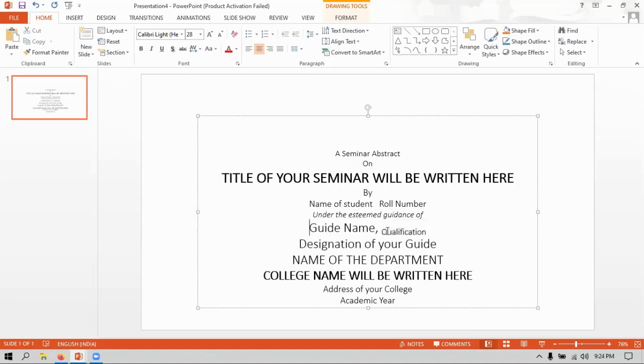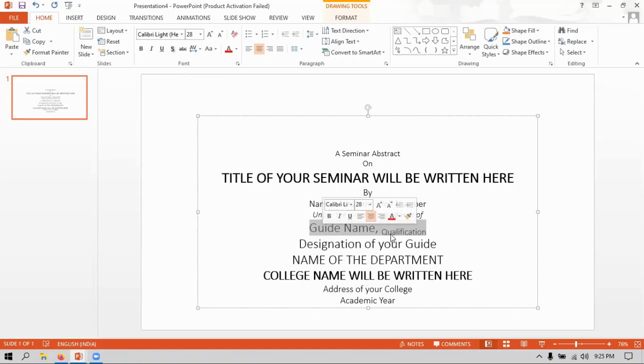Before that, I need to decrease the font size of the guide name, which was 28. So 28 is the guide name font size, but for the qualification, it is not 28. Even though it is 28, it looks like 20 or 24. But if you observe, the font size of the entire line is 28. It is not changed, even if I applied the subscript.